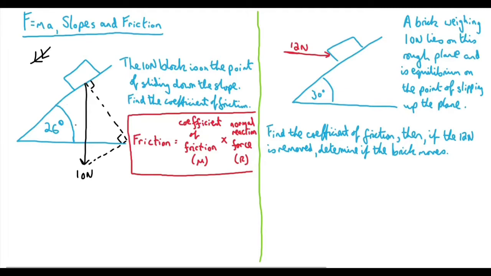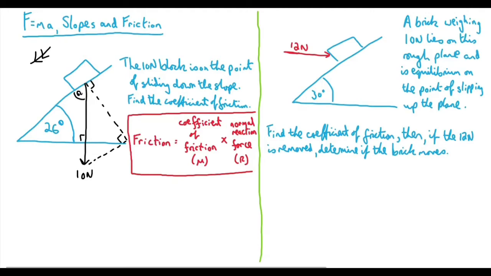Now, if this angle here is 26 degrees, and this would be a right angle like so, because it's coming straight down against the horizontal ground, this here would be 90 minus the 26, because these three all have to add up to 180. You've already used up 90 here, so then a further 90 minus the 26